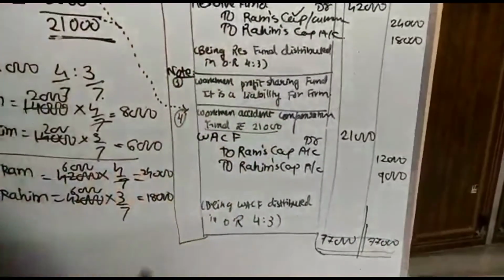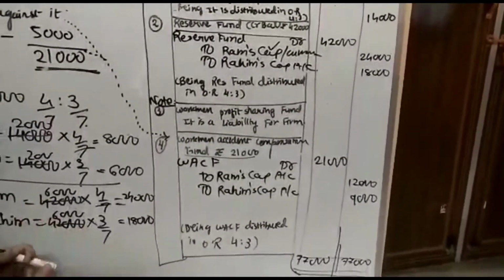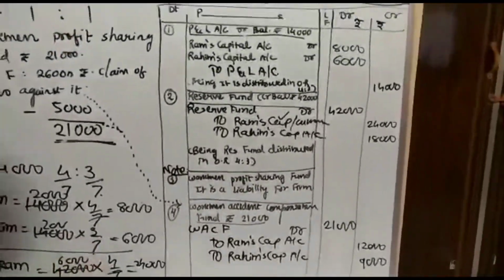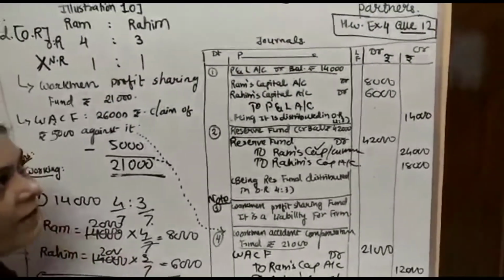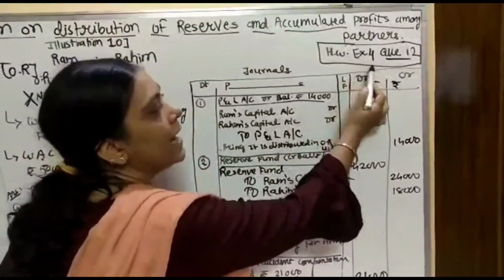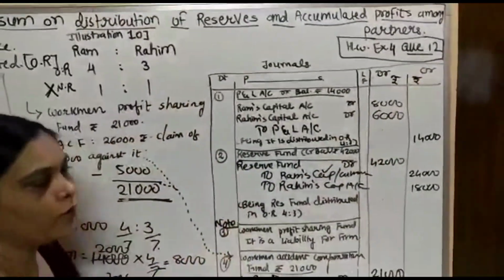So you can see here I have completed a 3 marks sum. Yes, it will take time, but it will provide you the base for the rest of the long sums. I hope you are going to solve this in your notebook. When we meet, I am going to check the notebook. And what is your homework? Exercise 4, question number 12, that will be in homework. Thank you.